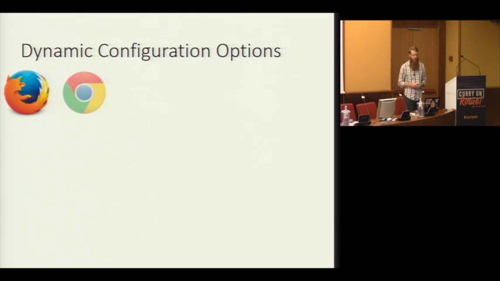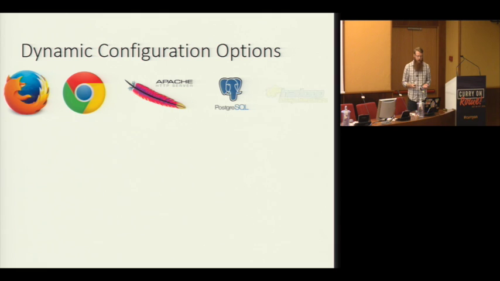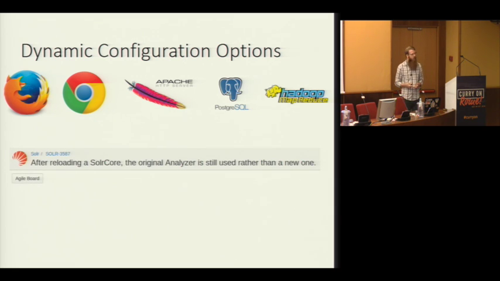You can find this in desktop software, server software, and even in distributed systems like Hadoop MapReduce. Now, these options are the key to supporting robust, long-running software that can adapt to changing user needs. Unfortunately, dynamic configuration updates, or DCU, is difficult to implement correctly. This was a bug in Solr, a text search and indexing server, that was caused by a defect in an underlying DCU mechanism. And as the bug description suggests, the defect caused Solr to only partially apply a requested configuration